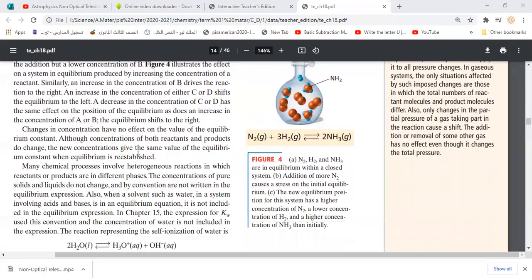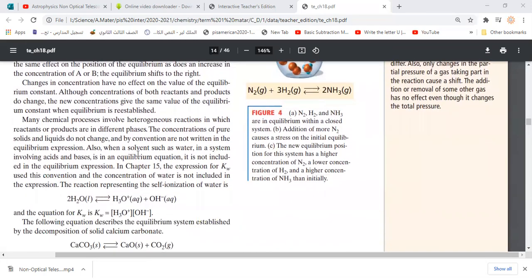So like this, we find that in different reactions, not all substances are in the same phase. That means the reactions may produce liquids, solids, gases, and so on. Many chemical reactions involve heterogeneous reactions, and they have products and reactants in different phases. So we find that pure solids and pure liquids, of course, their concentration never changes. As the concentration of pure solids and pure liquids never changes, we don't use them in the mathematical equation of